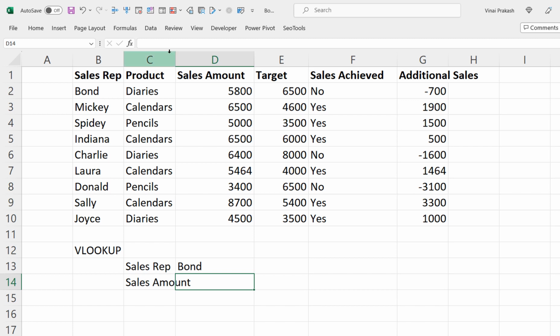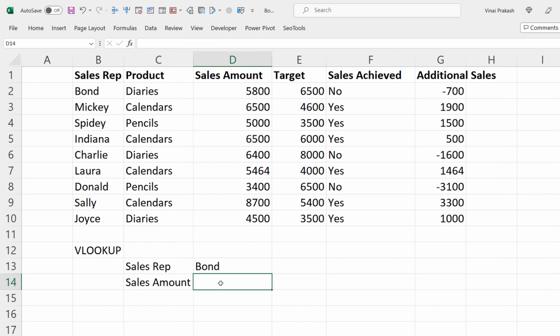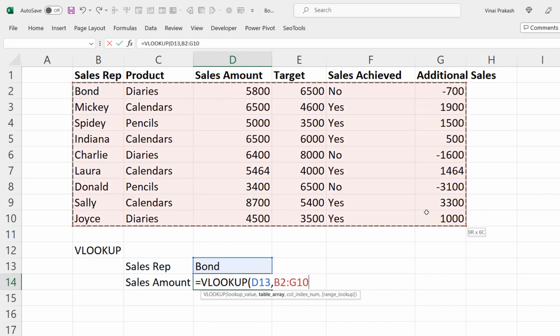In this case, we will write that we want to do a vertical lookup, VLOOKUP of Bond. We are searching for Bond, and where we are searching is in this data area. So we just need the main information, but if you want to achieve this, we can also take this much. Then the next thing we are looking for is the total sales. So the sales